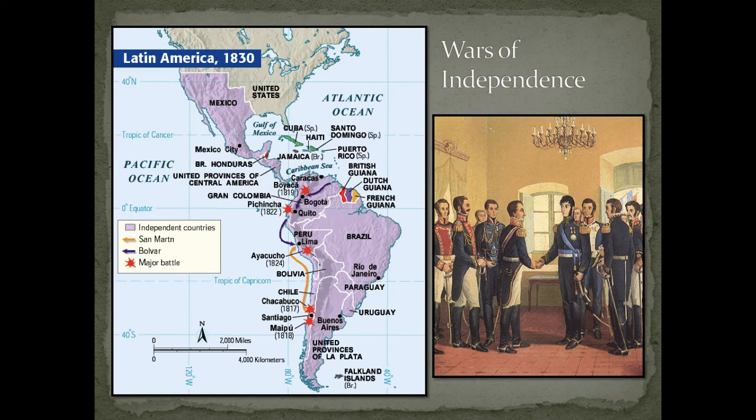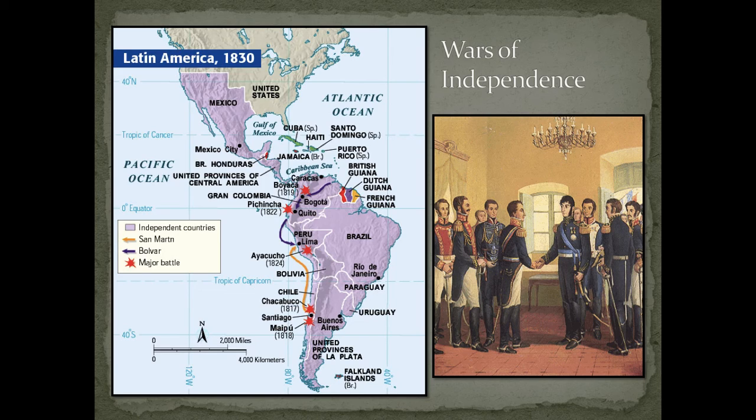All right, so there's your process. Here you can see where Simon Bolivar, starting in Venezuela, moving southward. They meet in Peru, meeting with San Martin. So here's San Martin moving up that coast of South America. So by 1822 or by 1830, really, you've got most of Latin America independent. All right, so that covers Spanish South America and Mexico.